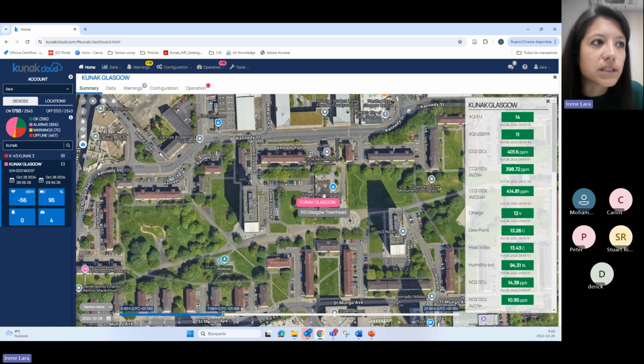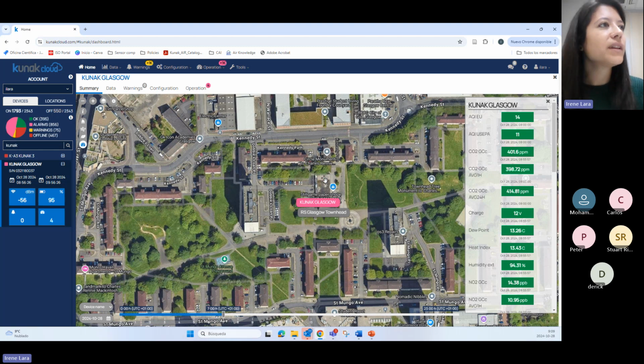As you can see here, the Kunak Glasgow device is installed close to the reference station Glasgow Townhead. In that case, we can use a reference station to calibrate. If we have our unit 1 kilometer away from the reference station, we cannot use this station for